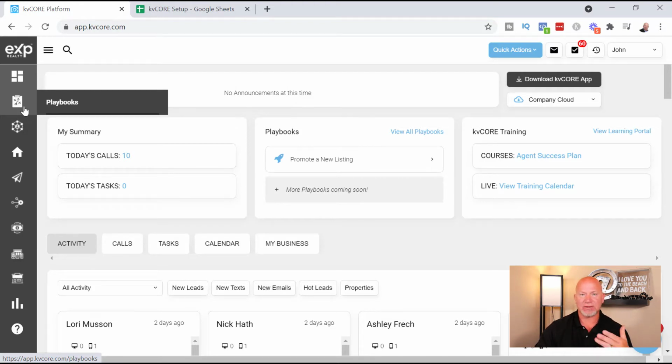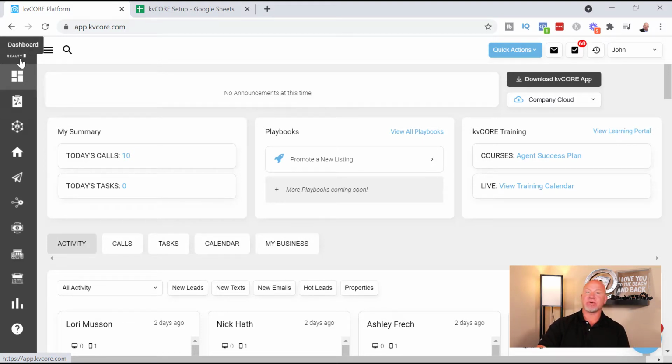They just rolled out this huge update, and this is what the side of your screen looks like, especially if you're with eXp Realty. I'm with eXp Realty, so I do get kvCORE for only $85. It's included in my $85 monthly fee, which also includes all the training I get and everything else eXp offers. So this is one of the platforms that I use. It's a great tool,